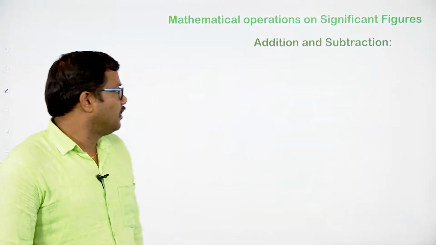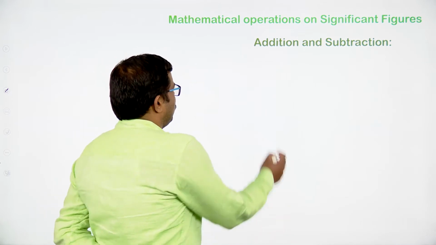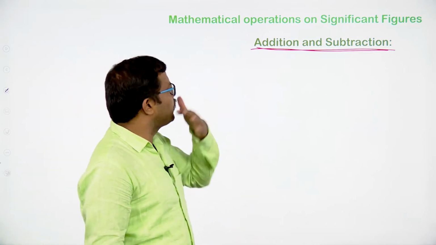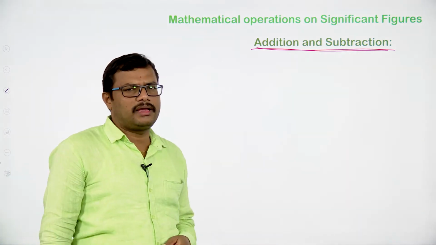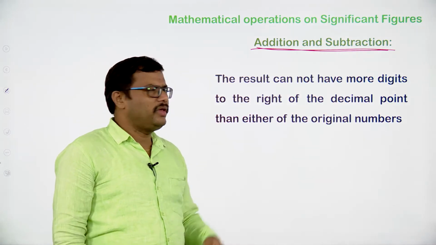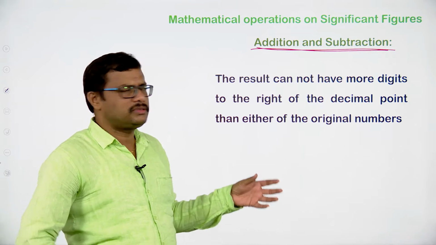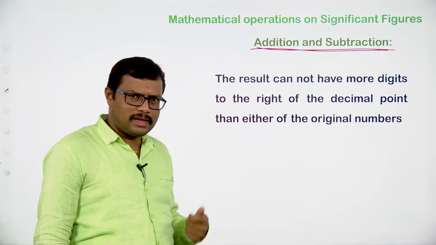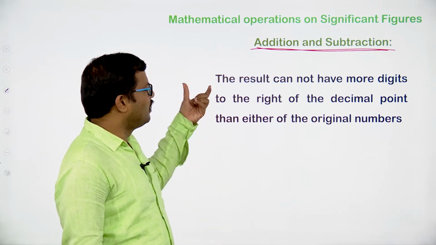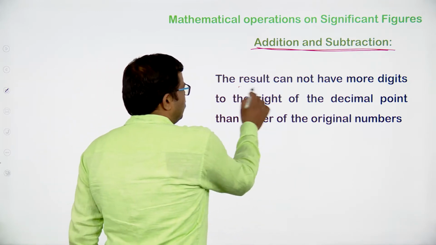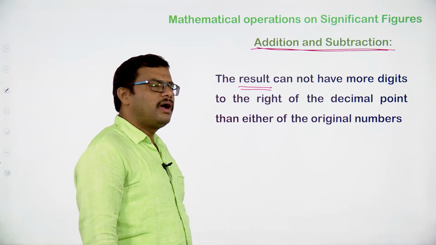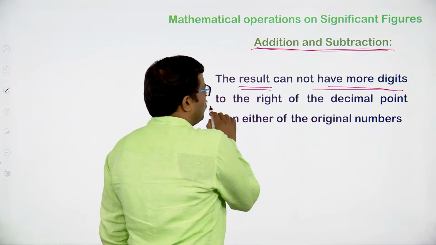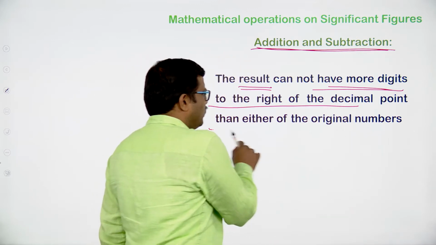In the case of addition and subtraction, how do we have to give the result? Suppose we have two significant numbers and we have carried out the addition or the subtraction. The result obtained after the addition or subtraction of the numbers cannot have more digits to the right of the decimal point than either of the original